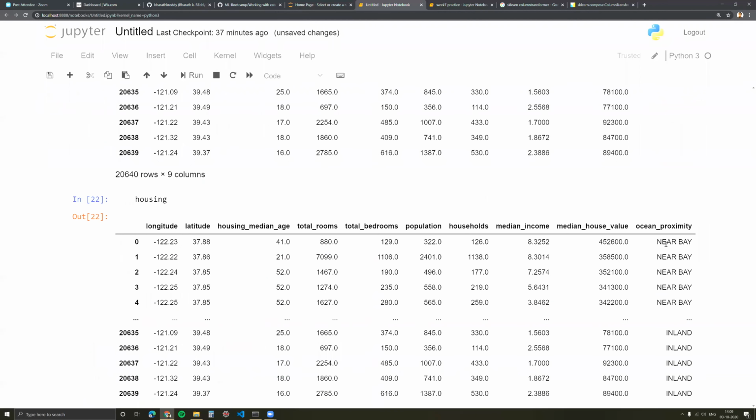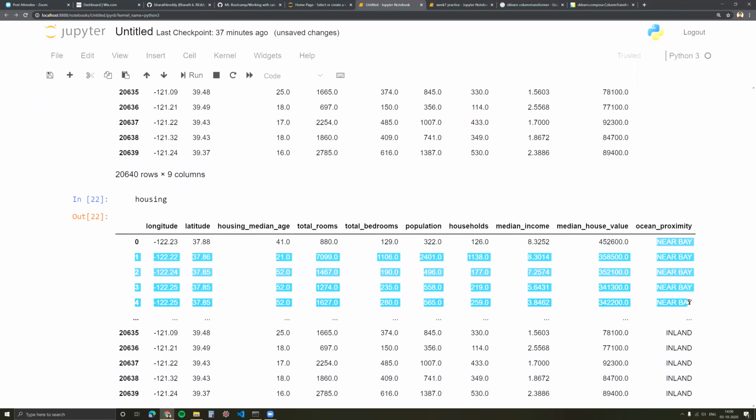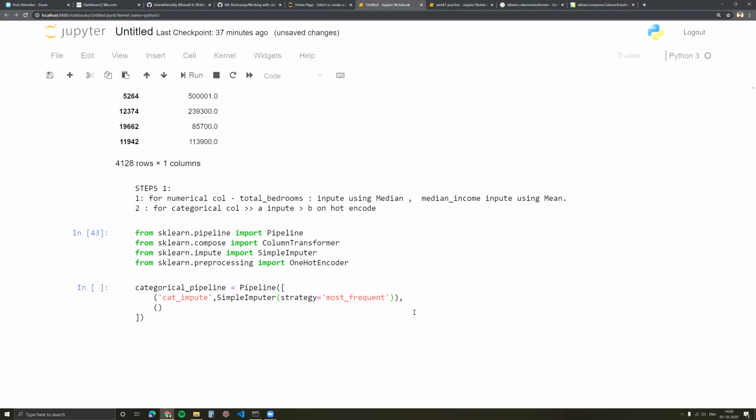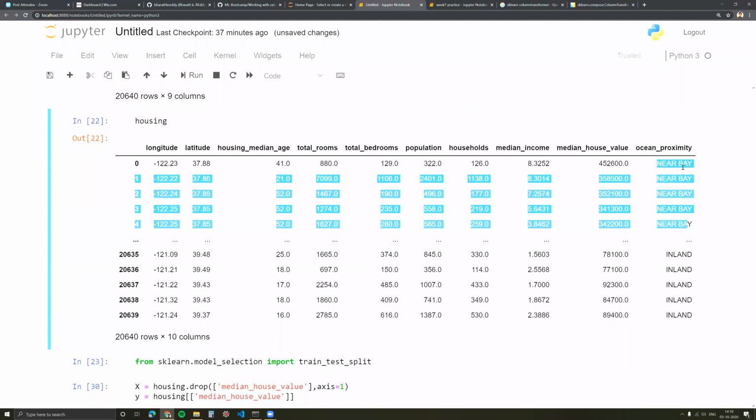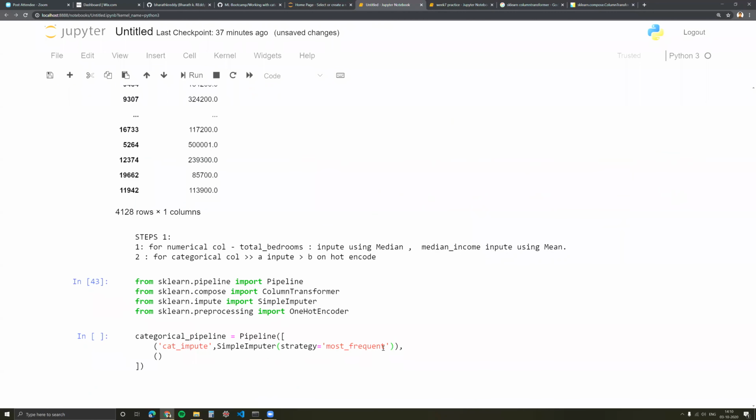So here also I want to take the most frequently occurring thing to be used as the missing value. I've put most frequent, because there is no notion of mean in something which is categorical in nature. And median also: though median means the same, median is a mathematical notion and hence it works only on numbers. For categoricals, think of median as the same as most frequent.